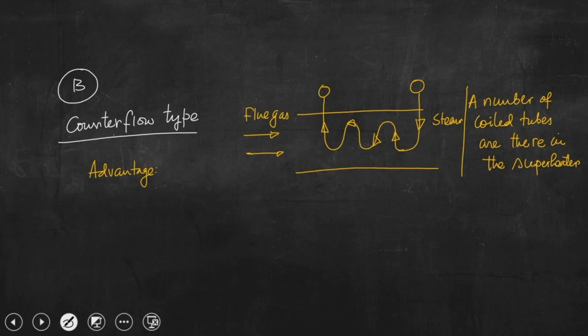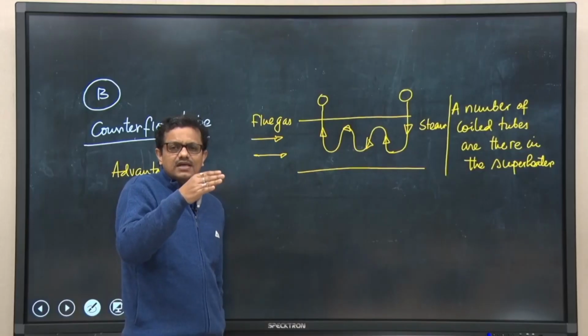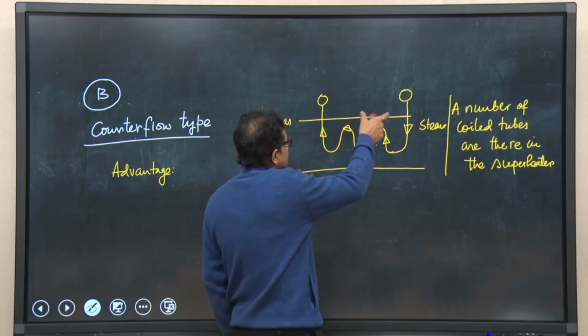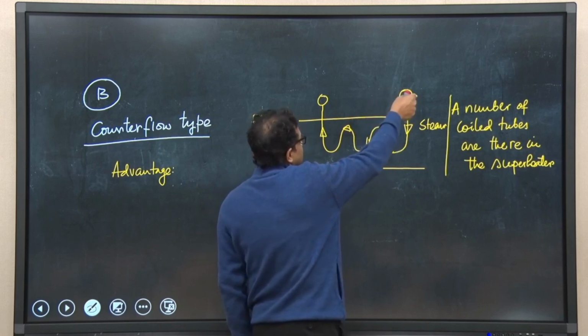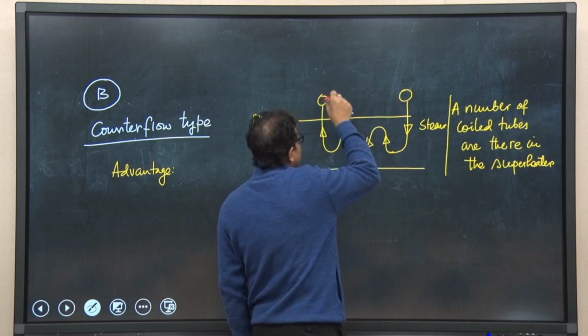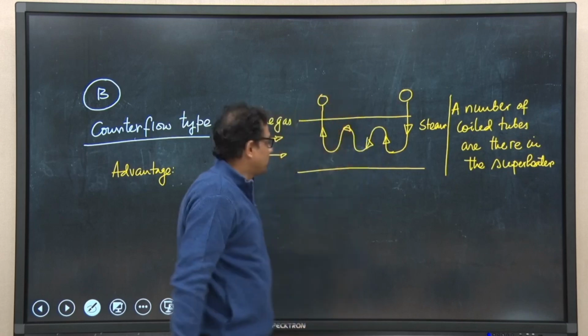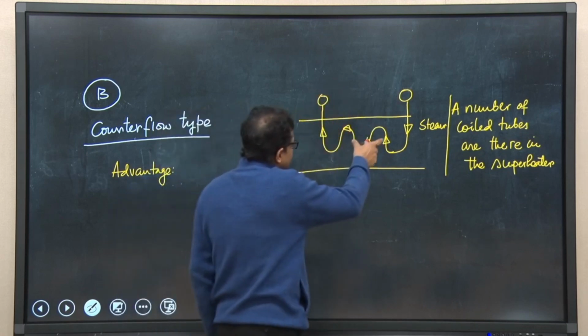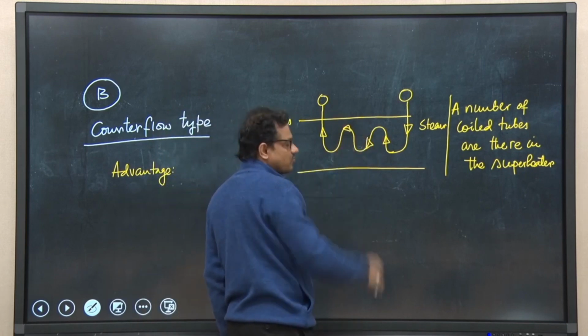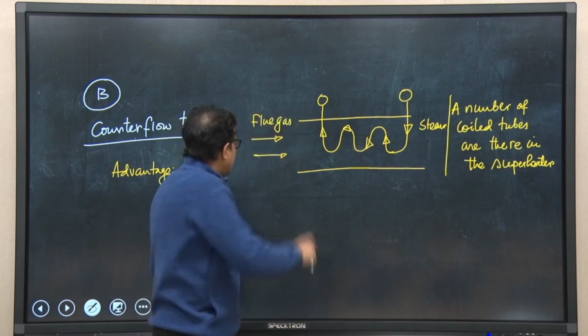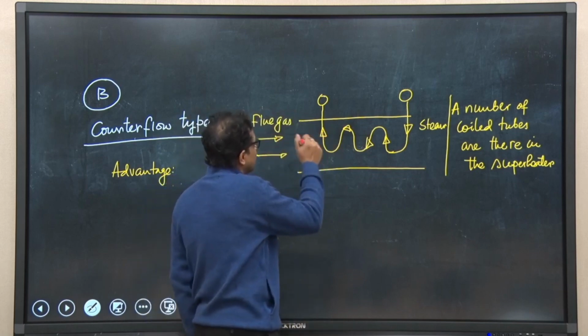We have seen that a roof is there and the superheater is hanging from the roof. So, this is basically the inlet port and this is the outlet port, and this particular coil is placed inside the confined space